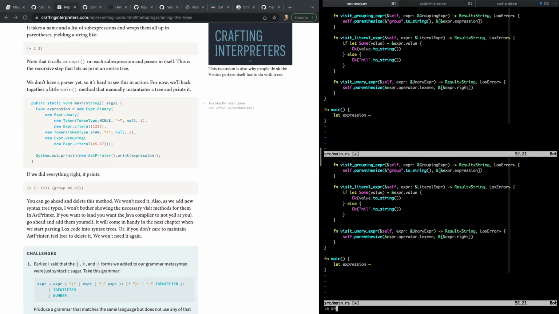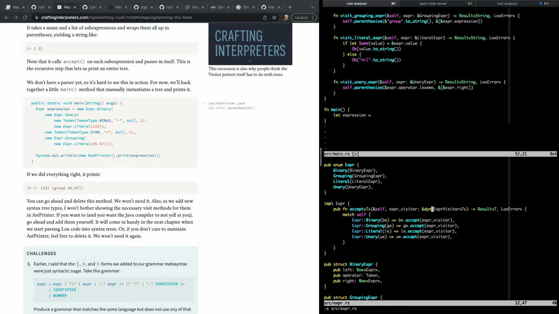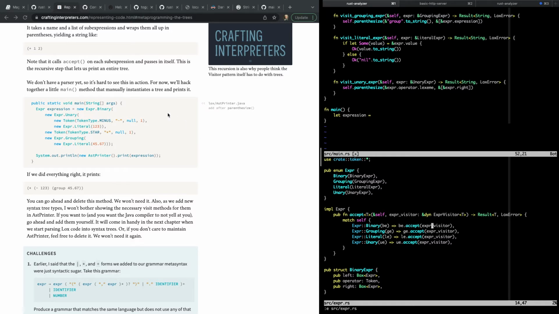And let's take a look again at our Expr code. All right. So we need to generate an Expr that has a binary. So how is this going to work? So it's going to be Expr binary, which is going to have a binary Expr in it, which is going to have, I guess, this is left, token, and right. So left is going to be Expr unary, right? And which is going to be a unary Expr,